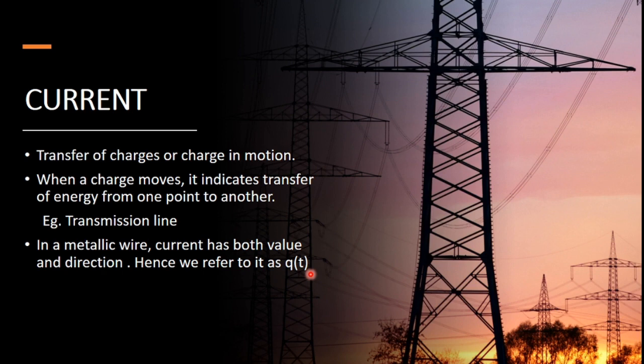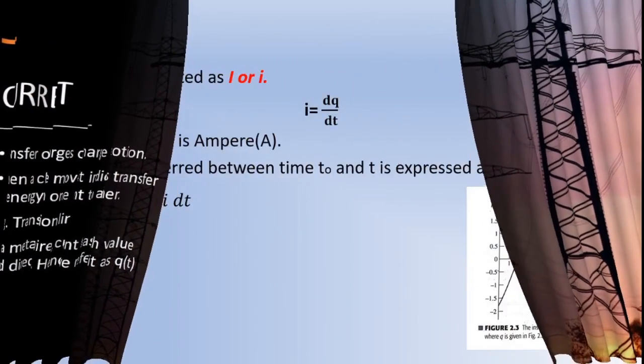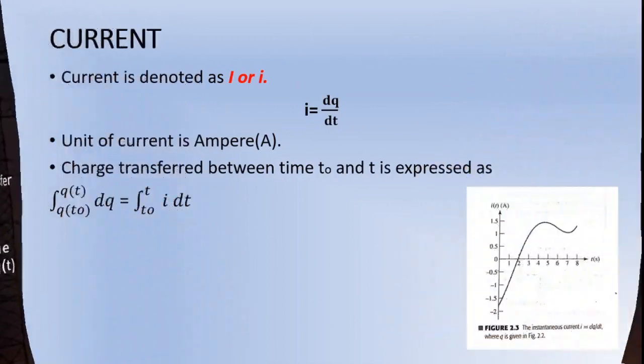So current is nothing but when charges move from one place to another. When charges are in motion, that is what we call a current. And current has direction. What is the starting point from where I get my current and where it reaches. So a current has two values. It has a value, a magnitude, some 3, 4, 5 like that, 3 amps, 4 amps. It has a value also and it has a direction also. And since this varies with respect to time, it is represented as Q of T. So I think the basics of current would be clear.